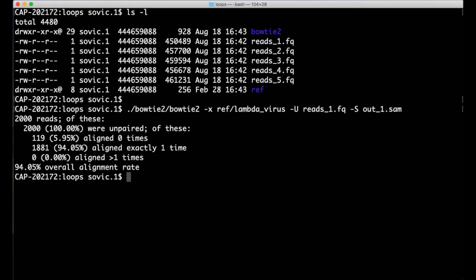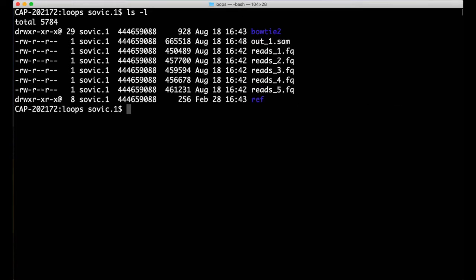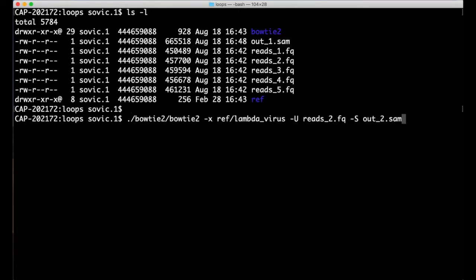So I can run this, and once I do, checking my directory contents, I see the output file that was created. I could then run a similar command, but update it by replacing the 1s in the input and output file names with 2s this time, and I could repeat that process to run all 5. Using a for loop allows you to do the same thing, but in a more efficient way. In this case, by iterating over the values 1 through 5 and substituting those values into a variable that's included in the command line command, causing that command to be run 5 times in sequence.